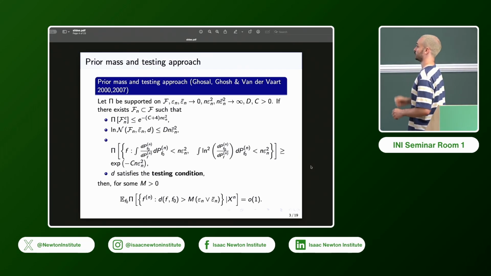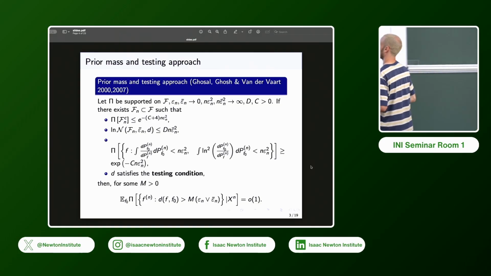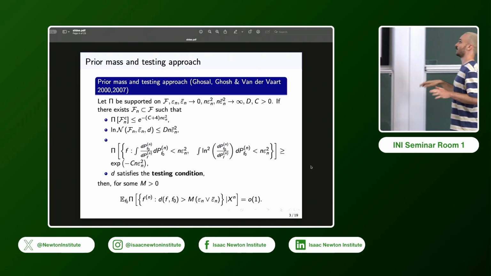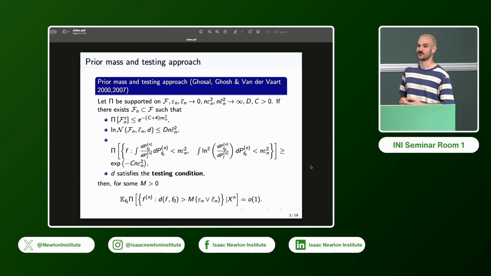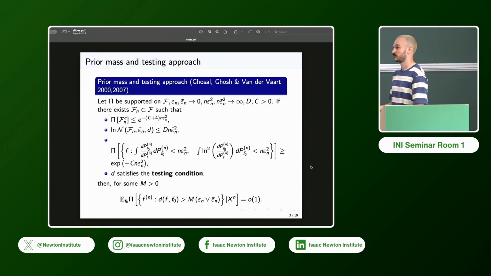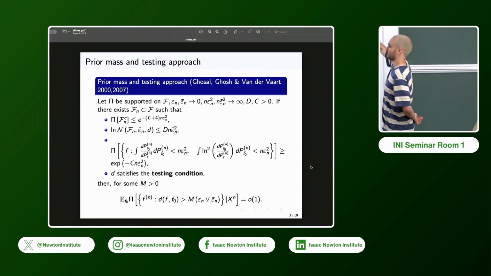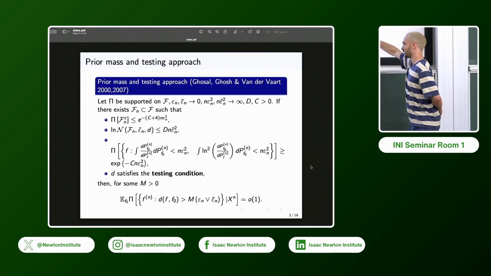Those are the first three assumptions, but the last one is the one that we're going to focus on right now. It is the testing condition. If you have to understand one thing about this slide, it is that you can't choose D as you want, and that's the whole problem. You're really constrained. Your hands are tied in what you can do or not do with this kind of approach. And so that's the whole problem, really, in a lot of cases: to show that you can choose a distance that satisfies this testing condition that I'm going to introduce in the slide after. But if you have those four conditions satisfied, then basically you can guarantee